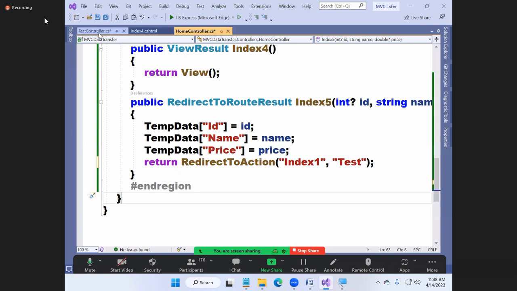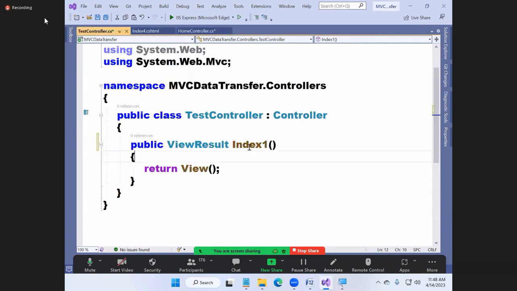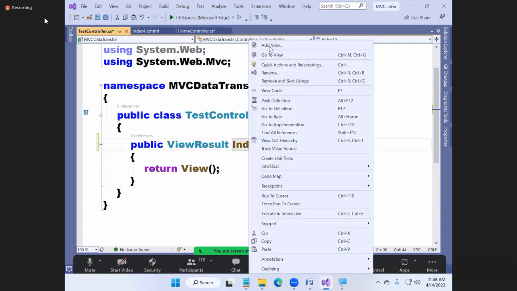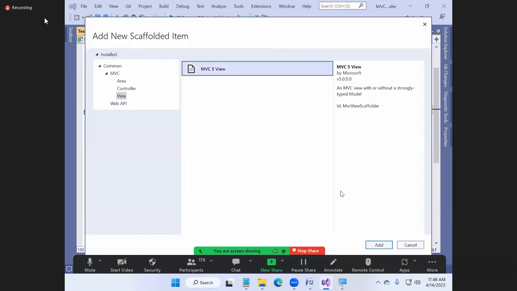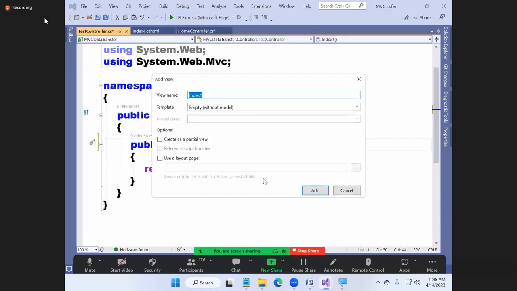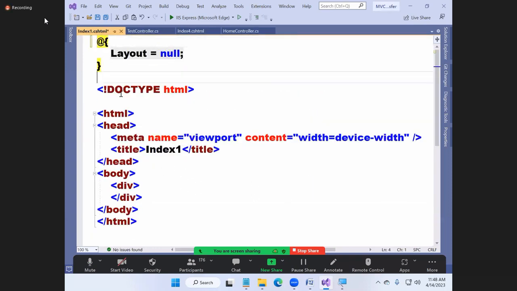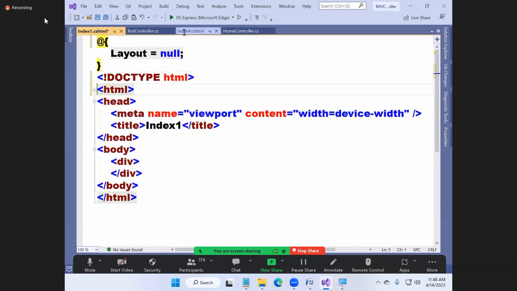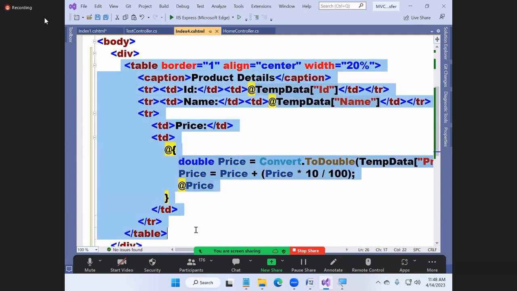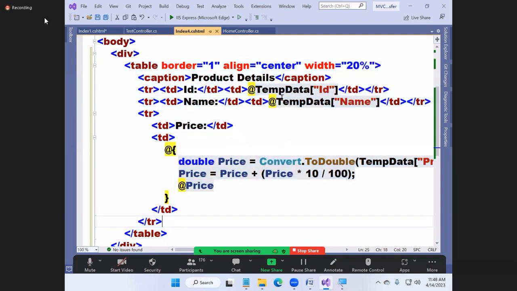Come on. Let us come to TestController. Right click on Index 1, Add View. Create the table there. Same code only, guys, just substituting the TempData values.